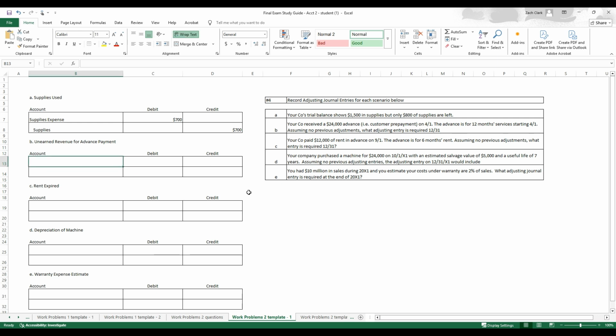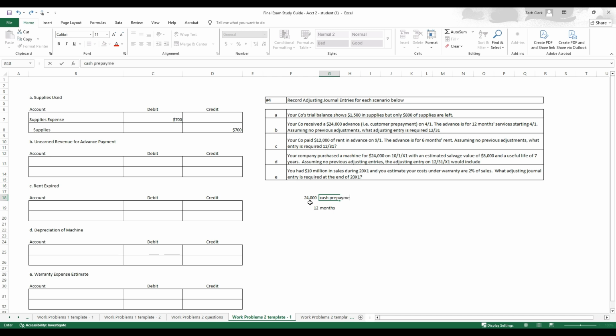Okay, we've got an unearned revenue type of transaction here. So we received $24,000 in advance, so cash goes up by $24,000. Then we have the liability of unearned revenue, and that's our initial entry. What we need to do now is our adjusting entry, and to do the adjusting entry, let me do it over here where it's a little easier. So if it's $24,000, and that was a prepayment by a customer reflecting 12 months of service, you'll put 12 months,